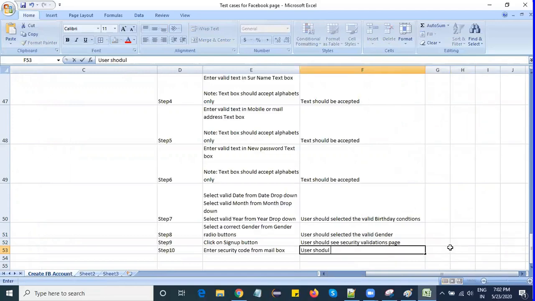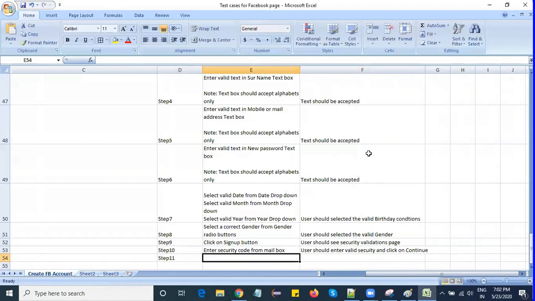User should enter valid security code and click on continue, right? What will happen after this? Check the page after validations.